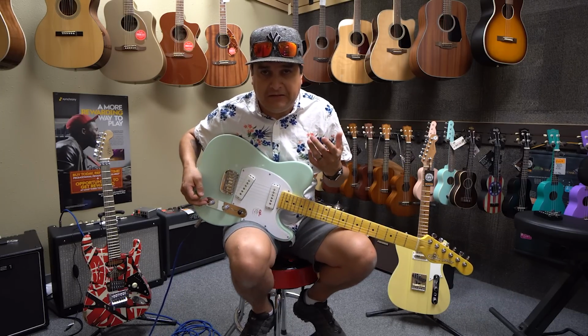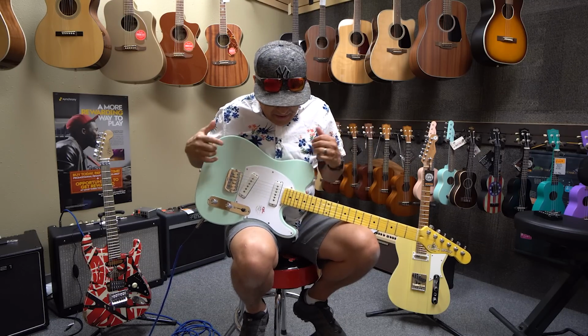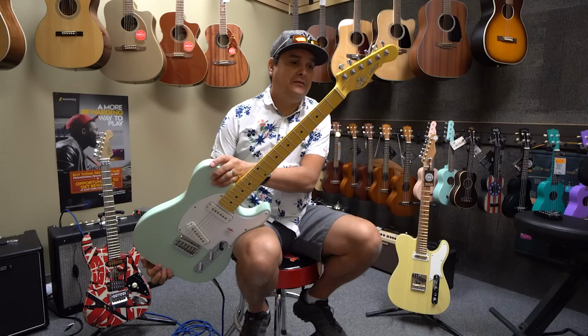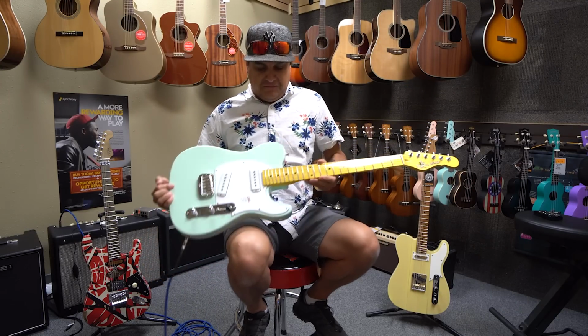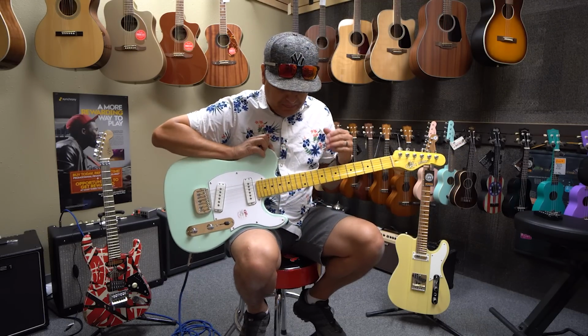Well, that's what they sound like. They sound like a big single coil, right? Like with just massive, massive meat to them. What a cool guitar. This guitar is cool, by the way. I don't think these things are very expensive, and it plays great, and it feels great, and these pickups sound amazing. So here's what we're going to do. Now that we heard them,